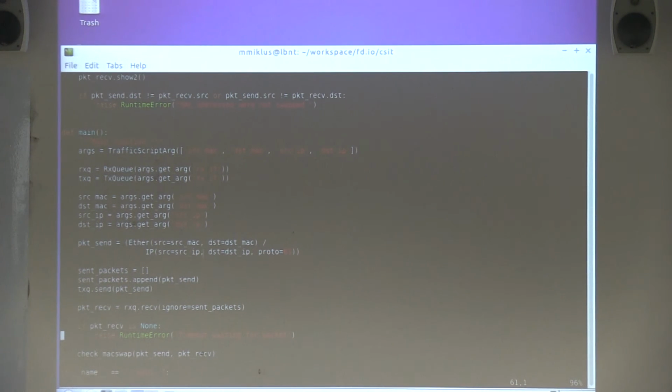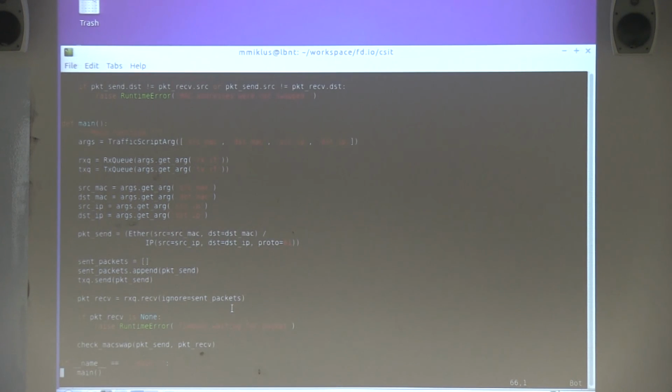Then I create a list of sent packets because we are using the same interface for sending and receiving. So we need to ignore the packets that we send over the same interface and not count them. And then we receive a packet. So first we send it and receive, and then we check the sent and received packet in this function,